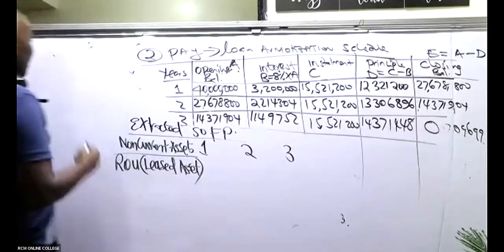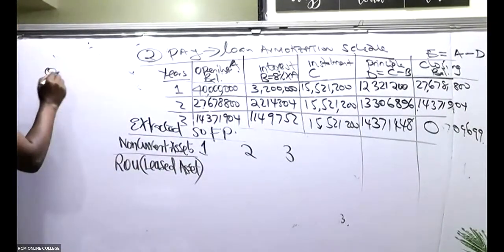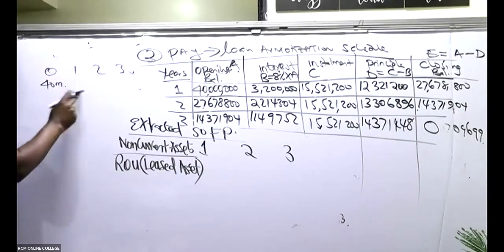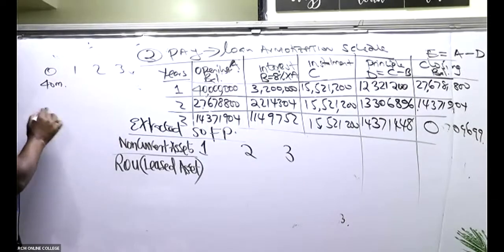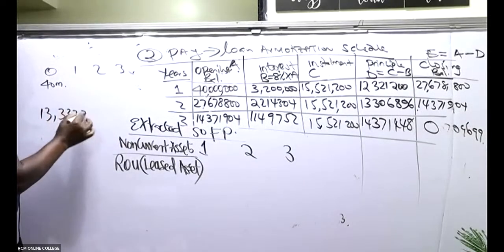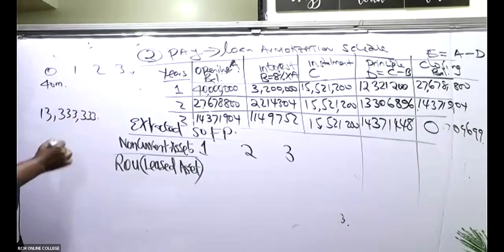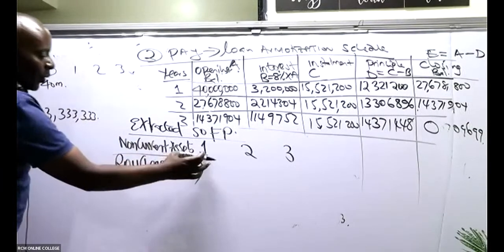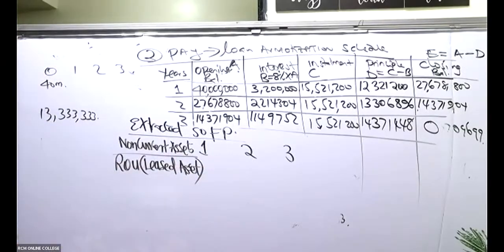So remember, at time 0, 1, 2, 3, at time 0, we began with 40 million. But remember, each year we are losing that 13 something. Was it 13,333 each year? So then by the end of year 1, what will be the value of our asset? Because we're looking at the end of the years. Remember, this is today 40 million. So by the end of the year 1,